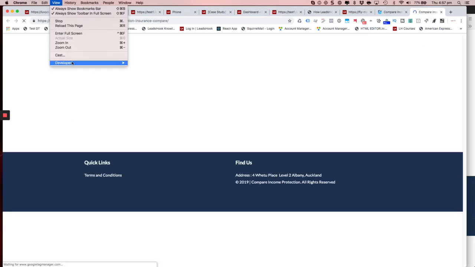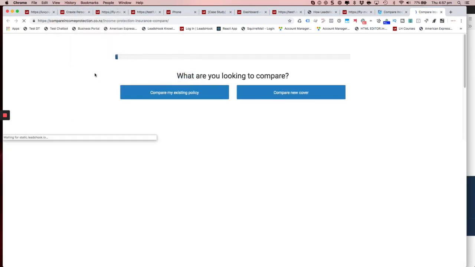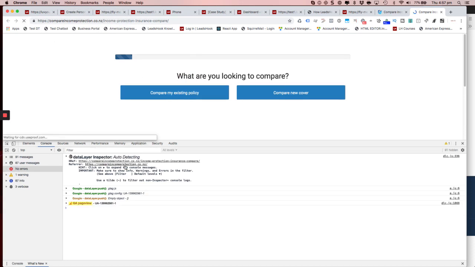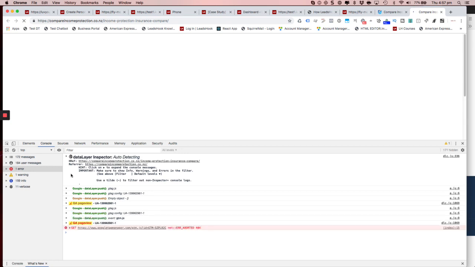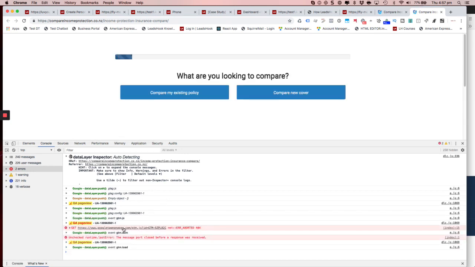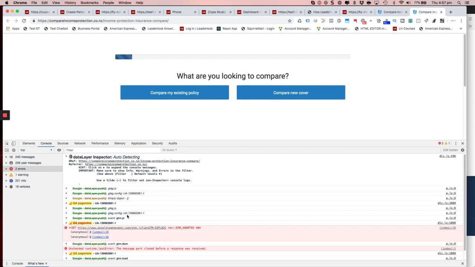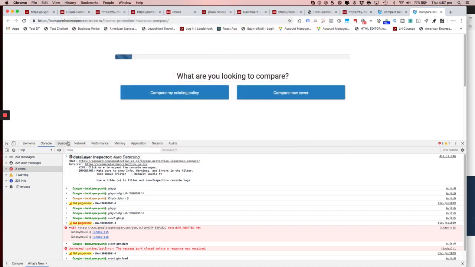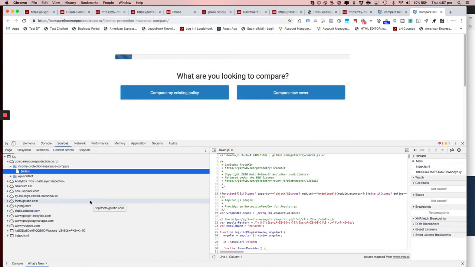So compare opens up the decision tree, and let's have a quick look. I'm just going to quickly refresh that so I don't lose any of the error information. All right, so GTM is failing, and we're trying to work out why is that failing. Right, so let's have a quick look at, sorry, we already are there, wrong tab. Go into